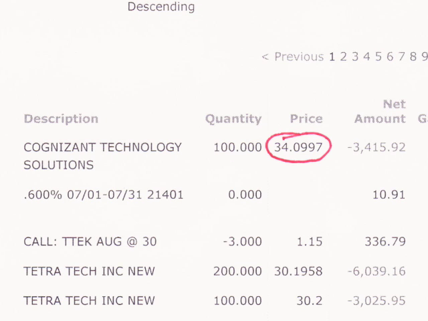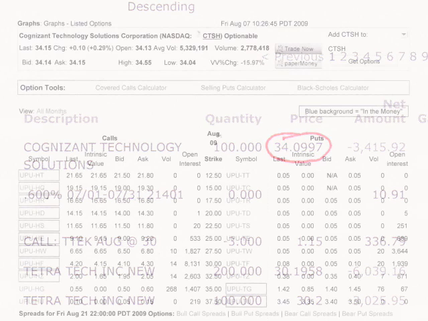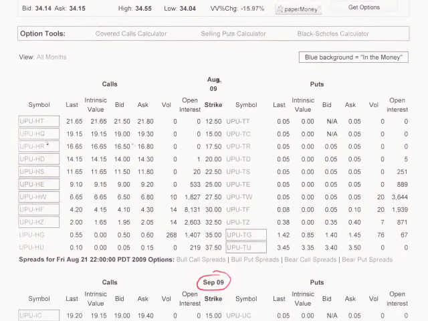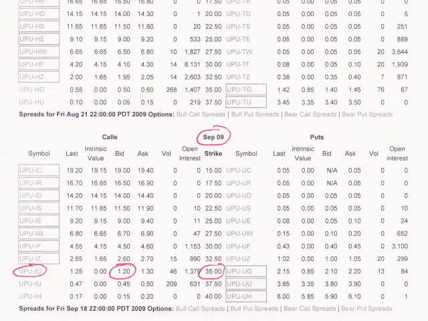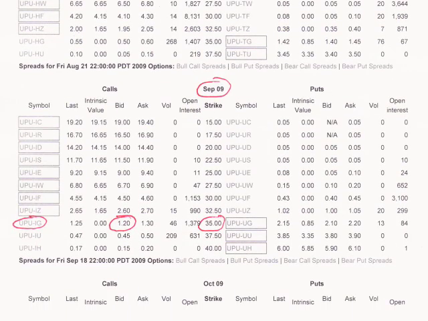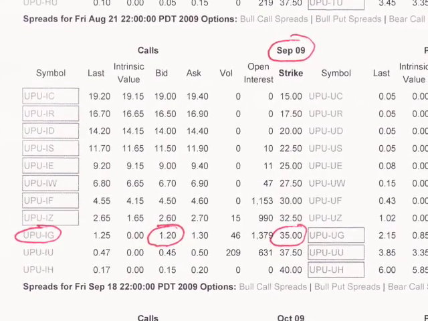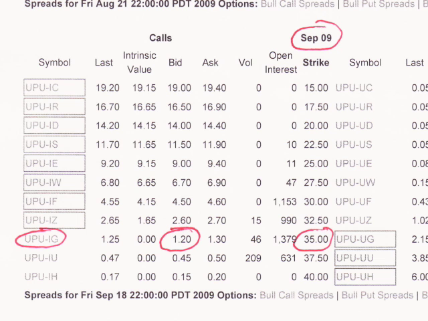Well, now that we own the shares, it's time to sell the option. And we can recheck the option chain. We may have done it before we purchased the stock, but we just want to recheck it. And it can be done at your brokerage account or any options chain. And here you see that the September 35 call for CTSH is currently trading at $1.20 for the bid. Remember, we sell at the bid, the lower, and we would buy at the ask, the higher. So in this case, we'd be selling for the 120. Okay, so now it's